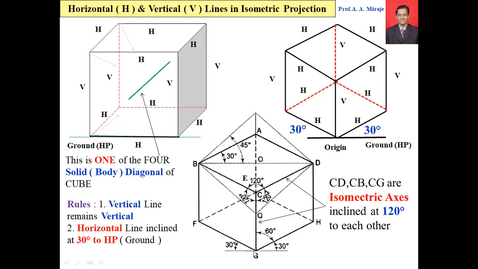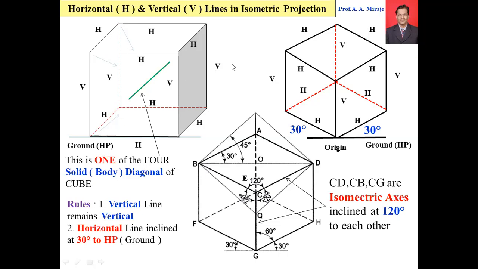So here the angle of CG is 30, that I have shown here. The angle of GF is 30, that also I have shown here. Now remember, when you see the total cube, in the total cube there are 12 lines. How are the 12 lines there? 1, 2, 3, 4: top 4 lines, bottom 4 lines. 1, 2, 3, 4. 4 plus 4, 8. And these are the 4 vertical lines here.